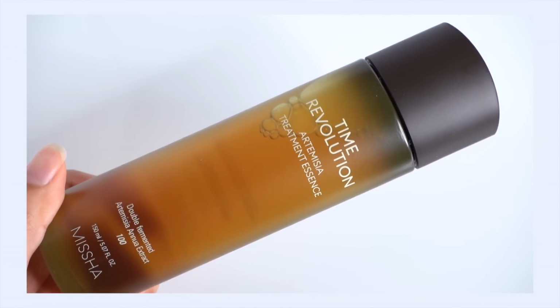I couldn't not talk about it in this video because it is another first essence that I probably equally recommend alongside of the first treatment essence, but I guess I will make the distinction that this is more of a product geared towards people who experience lots of redness on their skin, lots of irritation, people who do go through bouts of sensitivity on their skin. I think this might be a really good essence choice for you if you're really seeking to repair that irritation